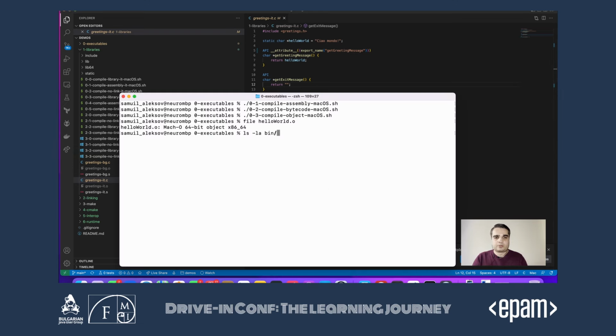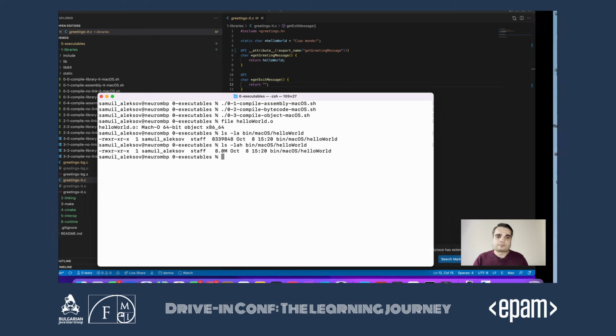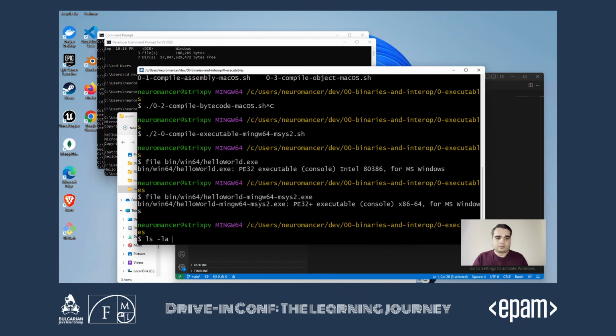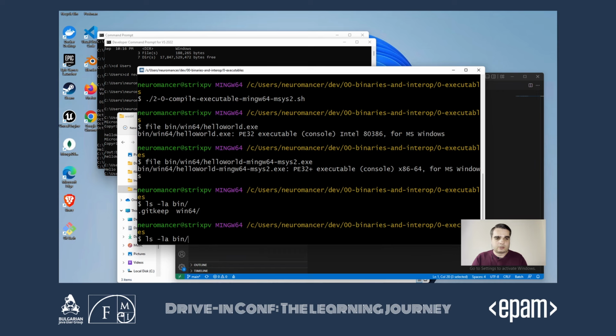Of the final executables. So if we see for macOS, the file size is 8 megabytes. And that would be the same here. So the compiler did not optimize absolutely anything in our case.